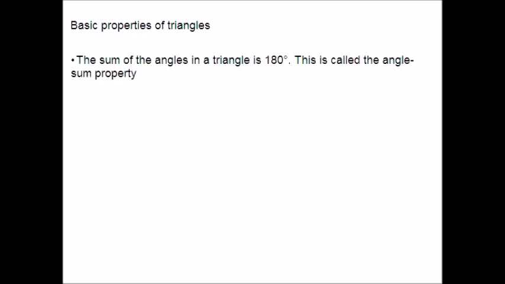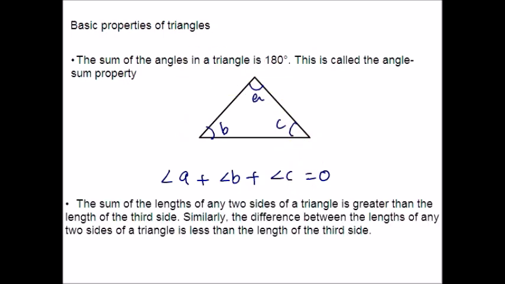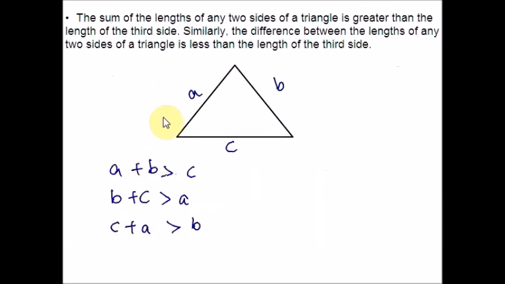Second important property is the sum of the lengths of any two sides of a triangle is greater than the length of the third side. Similarly, the difference between the lengths of any two sides of a triangle is less than the length of the third side. This is the first statement and the first property of the triangle. Here is your second property. It deals with the lengths of the sides of a triangle. You could see the sum of the lengths and difference between the lengths. I have written the statement in